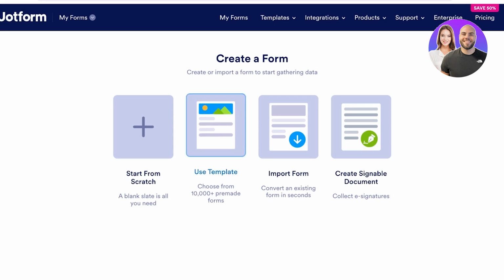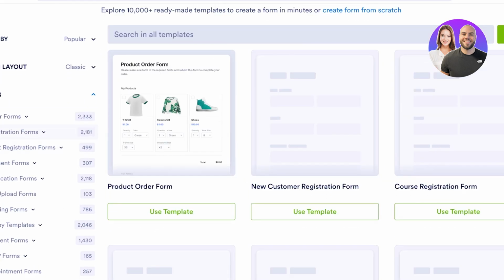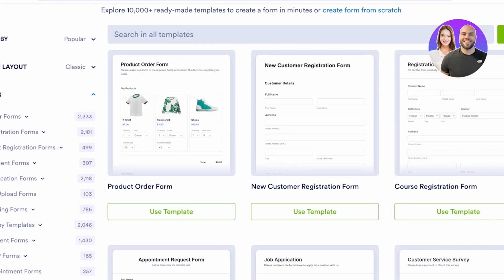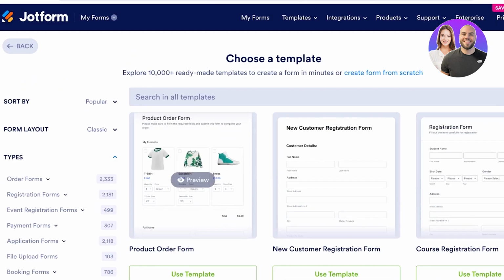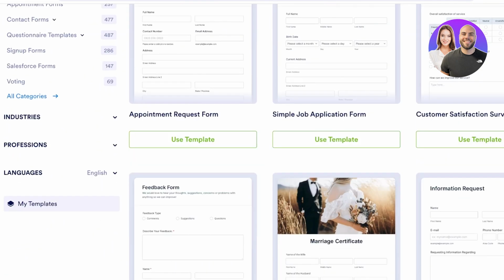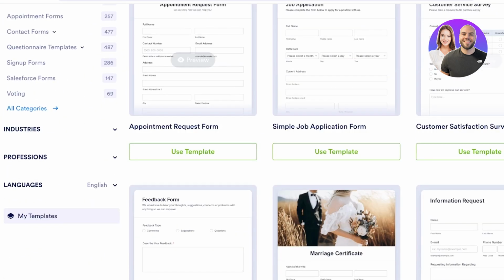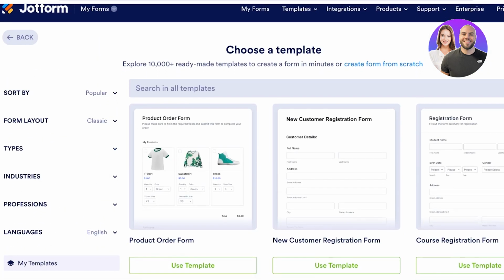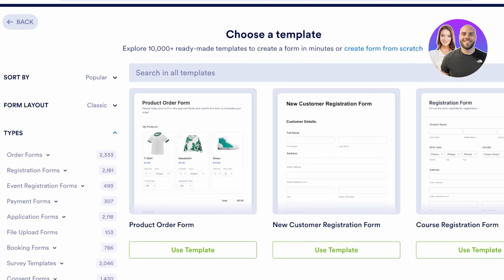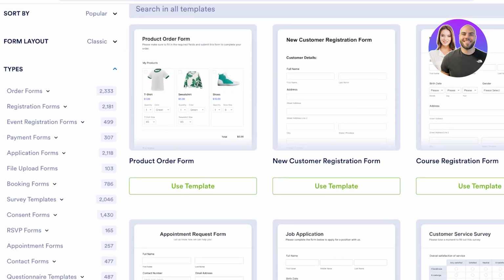So I will click on Use Template over here, and once you click on Use Template, you are going to be led to a vast gallery of templates. Now, these templates are so versatile. You have so many different options. You can really pick out whichever one you prefer. On the left, you will have different types, form layouts, sorting, industries, professions, and languages that you can filter these out by. So let's say that in terms of type, that's usually the easiest way that I can